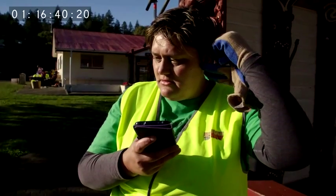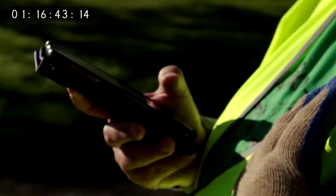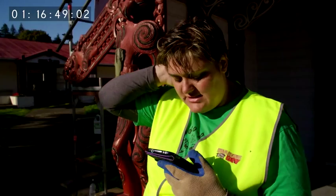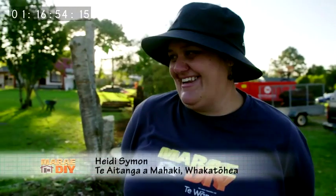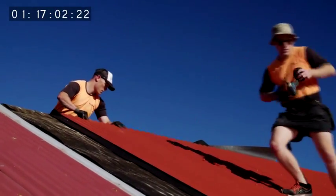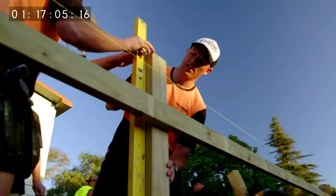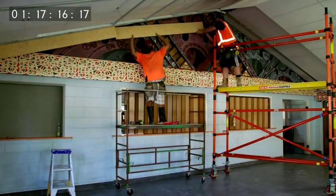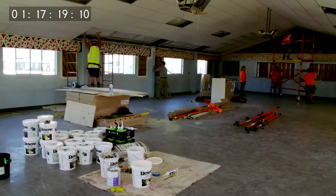It takes a lot of preparation to get ready for a DIY this big, and Marae committee member Heidi has worked tirelessly to fundraise in the community, so the marae's ready for the DIY. Feels like the last 6 months of my life have been about the DIY. So this has just been pretty surreal today, just knowing that things are going to change and improve around the marae, because there wasn't a lot of pretio within the marae itself. We really wanted to achieve what we are hoping to achieve by the end of this weekend. It does seem like a lot of work still to do, but hopefully, I think we're going to get there positive,